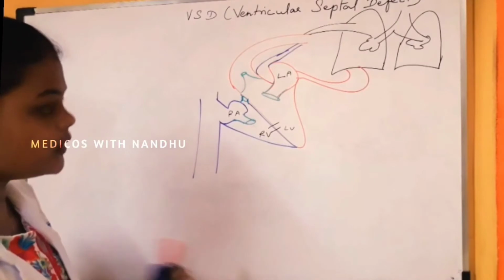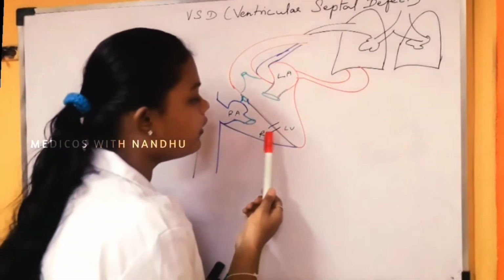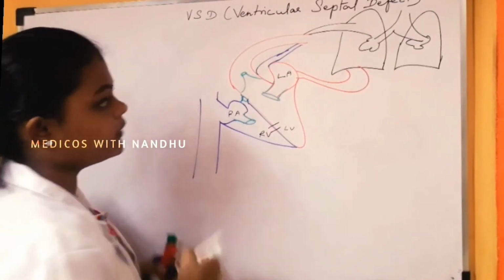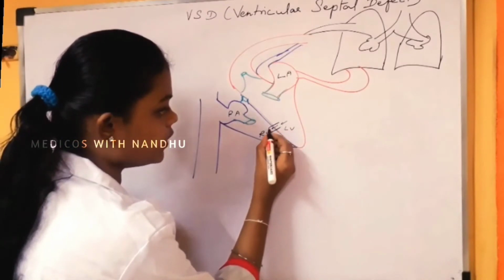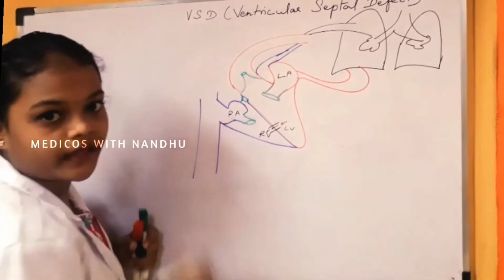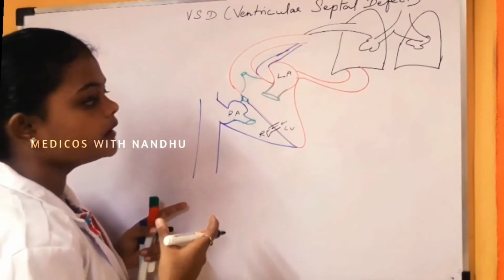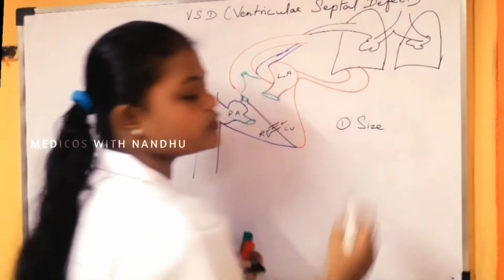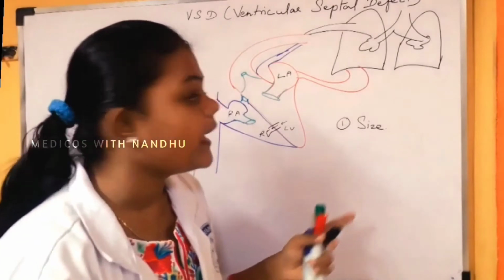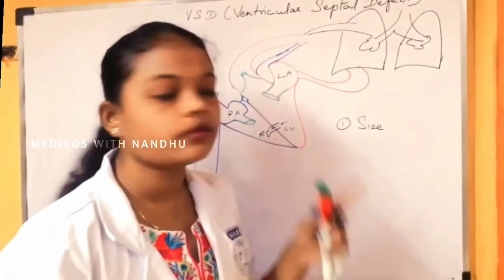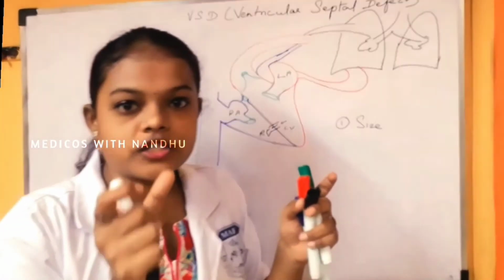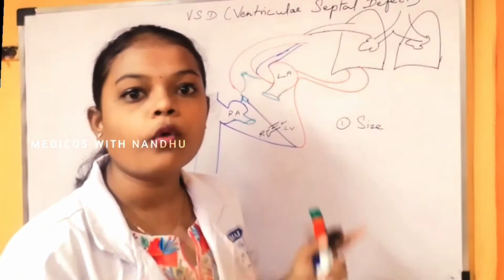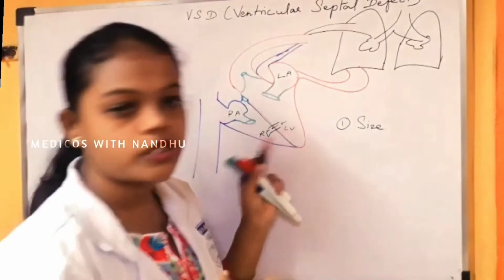the valve between the right ventricle and the lungs is known as the pulmonary valve. Okay, so the shunting will be present between the left and right ventricle, and the blood will be flowing like this, from the left ventricle to the right ventricle, and this shunt depends on the size of the defect. Same as what I told you in ASD. So the size of the defect is a must. A small shunt brings a small amount of blood, whereas if there is a large opening, more blood will come from the left ventricle to the right ventricle.